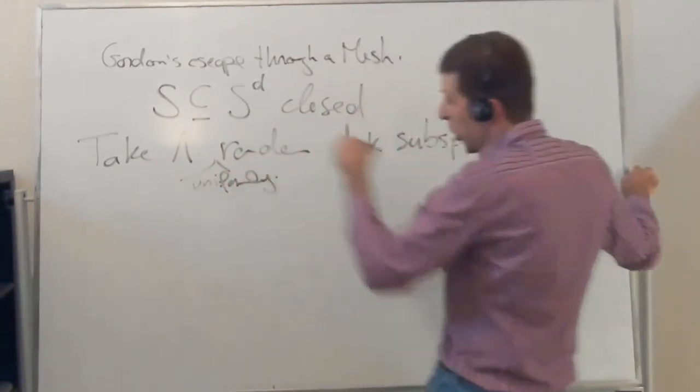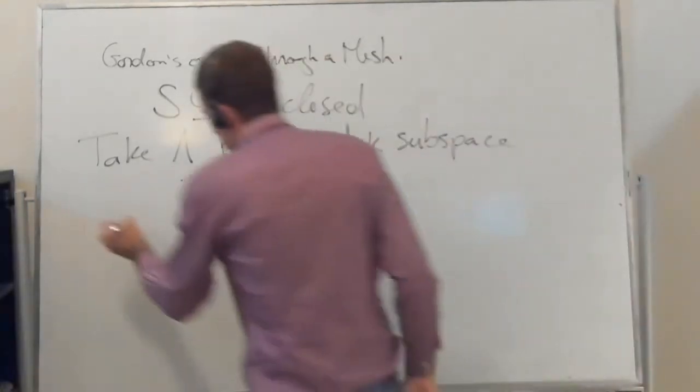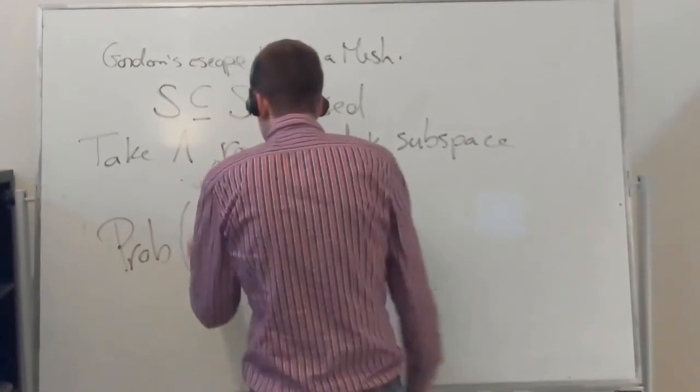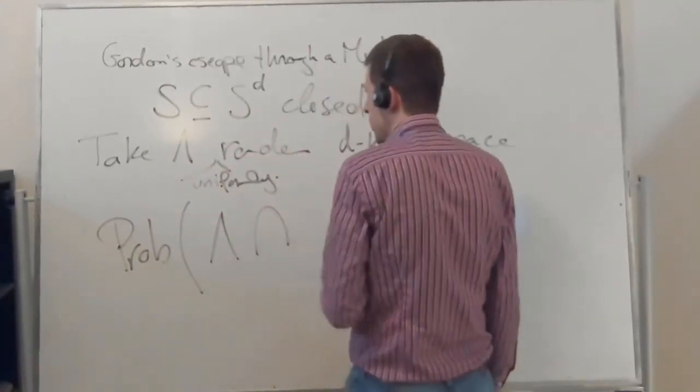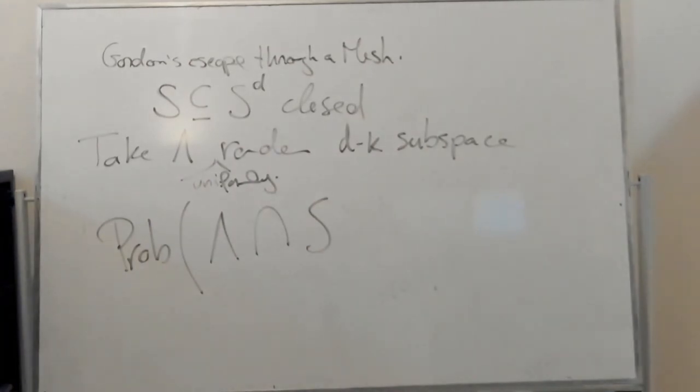This is like the kernel of the matrix G. Then we have that the probability that this intersection is not zero